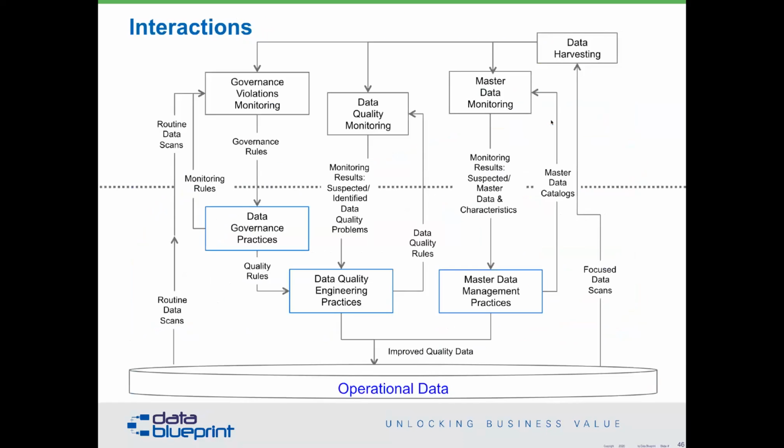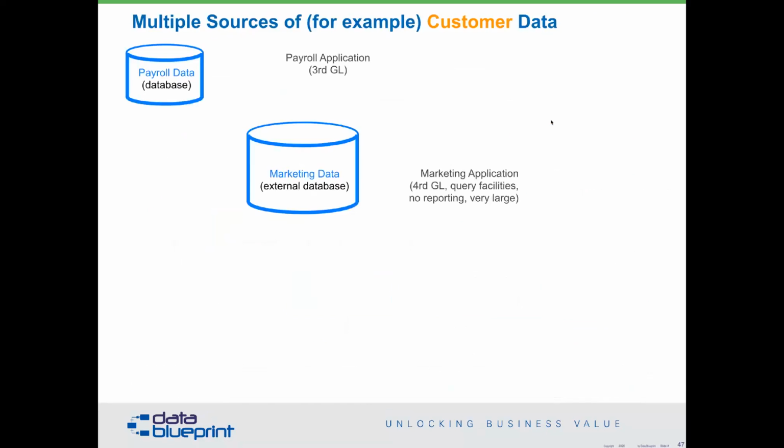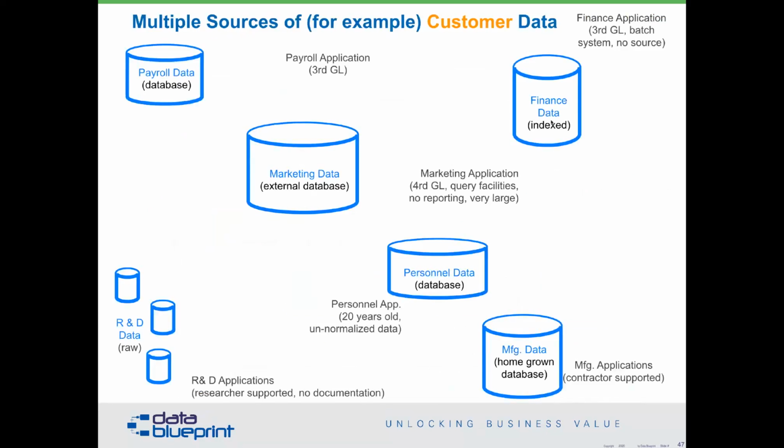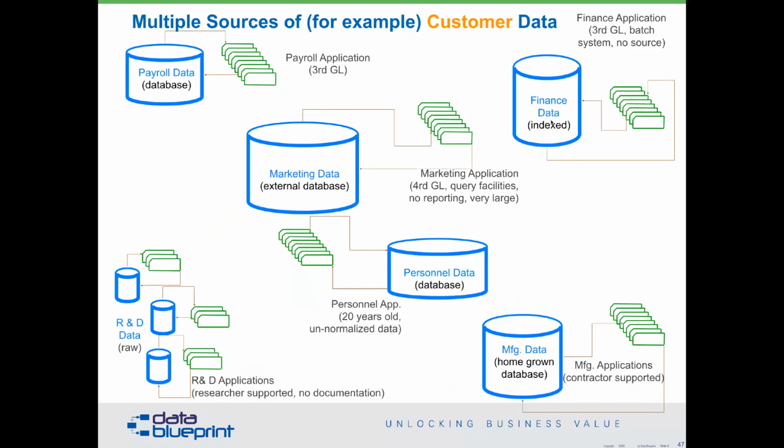Here's another one that shows bunches of different operations, gets different types of governance violations, different types of activities that are here. And once again, you can see that master data management practices in this case are highly integrated and highly intricate in all of these other practices. The reason we need to do this is because we started out doing what we call paving the cow paths in IT. Yes, all of these systems started originally. Each of them had their own sources of data around them. No problem with everything so far because the data is perfectly optimized for the processing that is occurring within each of these